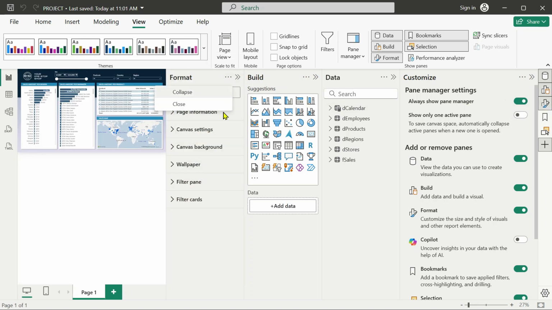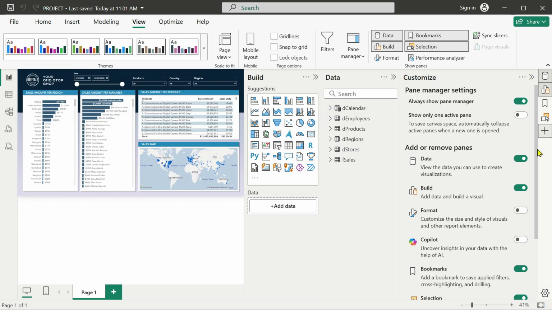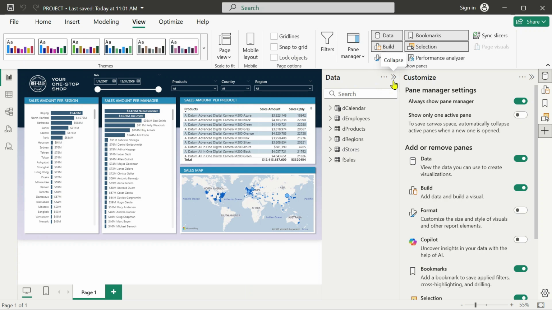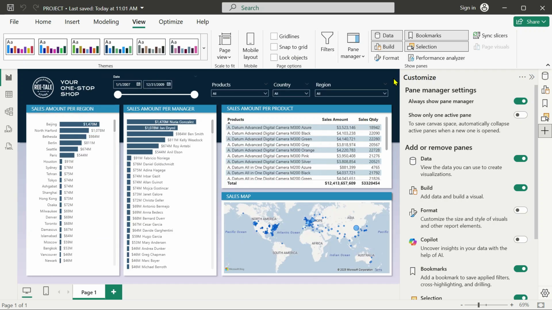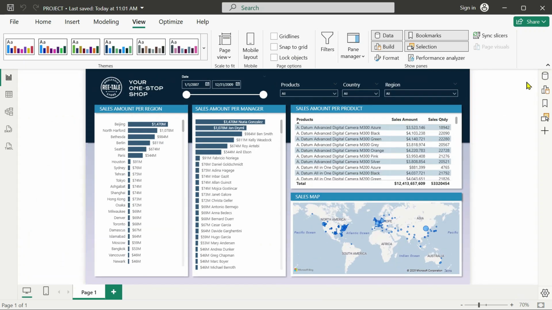But if instead you click close, it's going to collapse and it will no longer show up on the right. So this is just a simple difference. And if you click the two right arrows, it's just going to collapse. It's not going to close. It's a lot of little details, but I want you to have this overview